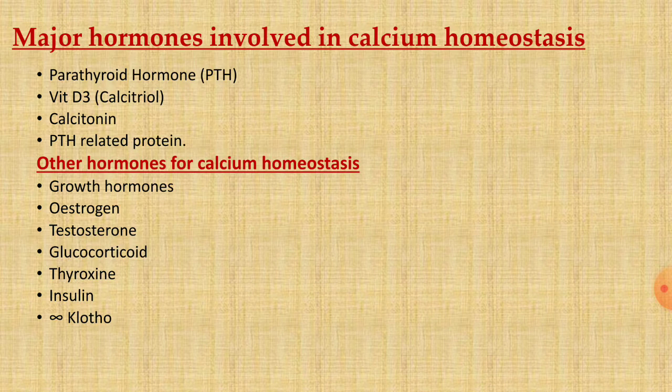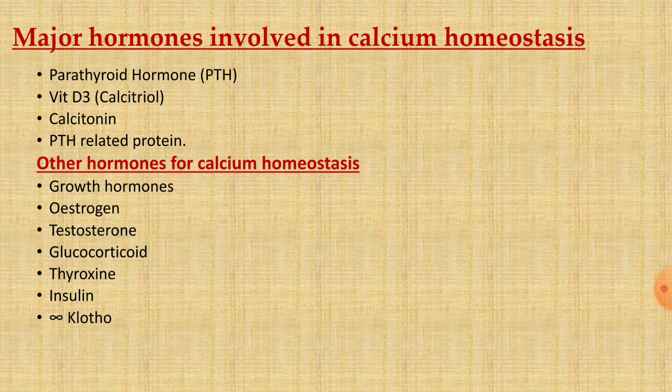Nerve muscle excitability, contraction of different muscles including skeletal, smooth and cardiac muscles all depend on optimum level of calcium. So it's a must that our body maintains blood calcium level within a strict physiological limit. So let us see what are the hormones involved in it. First and foremost hormone in this series is parathyroid hormone. Then comes activated vitamin D3 or calcitriol or 1,25 dihydroxycholecalciferol, calcitonin and parathyroid related protein. These are the main calcitropic hormones whose main function is to regulate blood calcium level and maintain its normalcy.